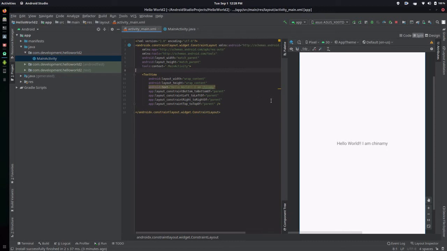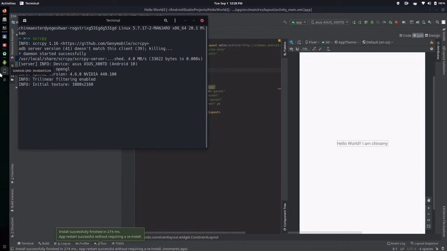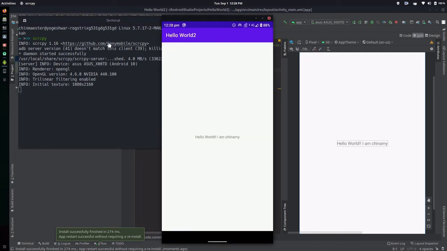And if you want to run this, you have to click on this play button. After that, you will be able to run your code. Okay, I have to show you that the code is executed. It's saying hello world, I am Chinmay. So this is the very first program in Android Studio. We have done pretty much nothing, but we have just made a little change in the label, and that's how you can build your own apps or software programs or whatever you like on Android Studio.